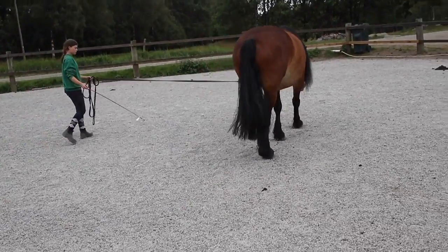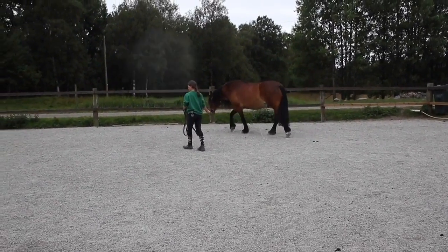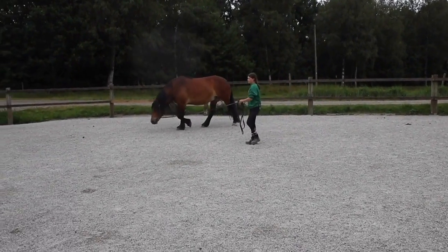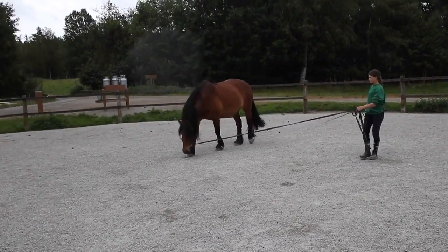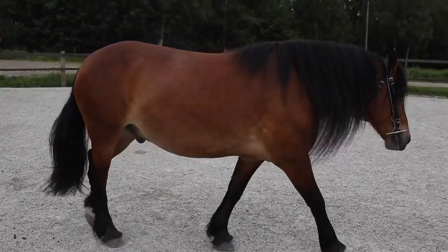And I can see that you have a full cheek bridle on, and that's really good, especially with this kind of horse. What a full cheek does is give you the opportunity if a horse wants to try to pull out with you. A lot of these heavier types of breeds are notorious for deciding to go out the gate, so to speak, and just taking their heads and grabbing hold of the bridle and pulling you over there. So it's good to have something on that won't pull through the mouth of the horse